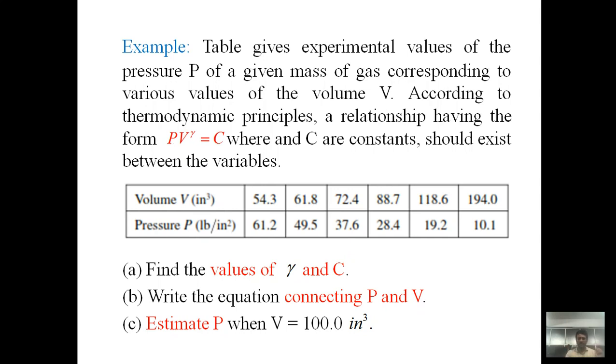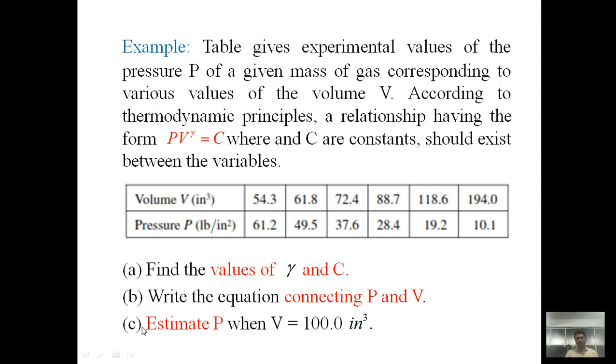What is the relation between pressure P and volume V? If there is some amount of volume, that is measured in mass. If the mass is increased, then at that time what is the pressure P? If the pressure is decreased, then what is the level of mass? That is what volume V is.